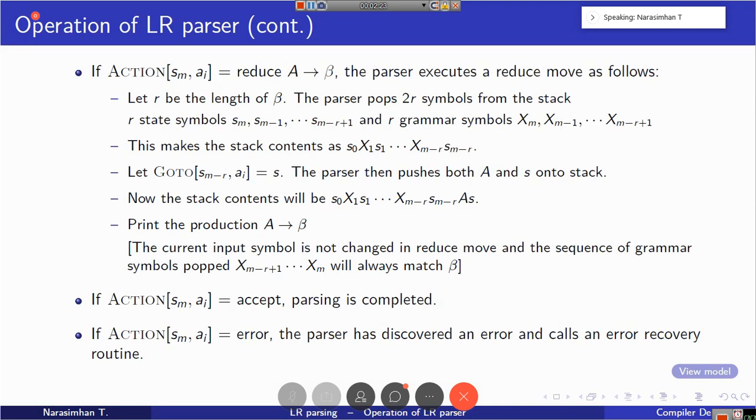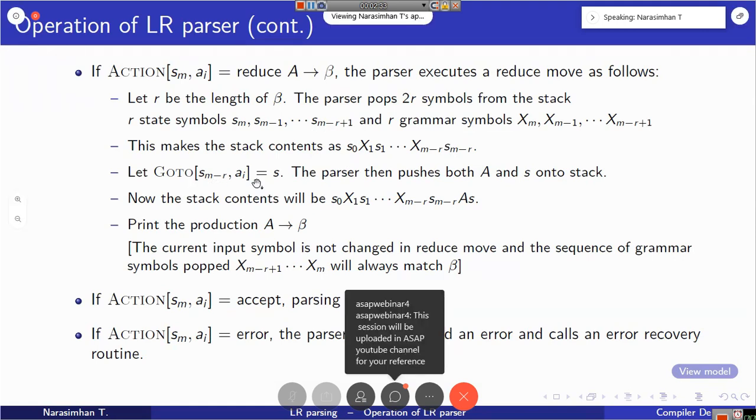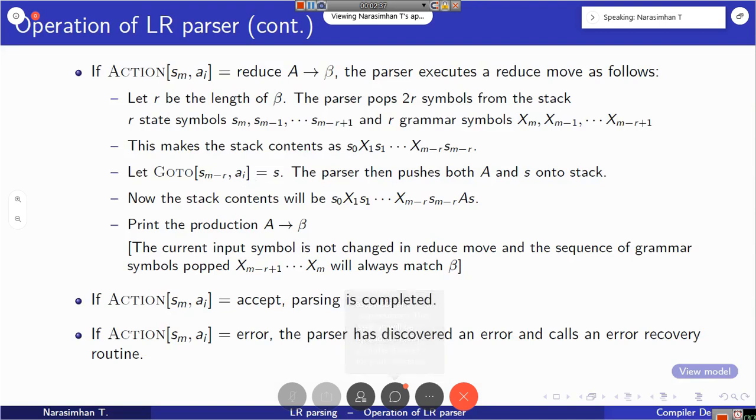Now what you need to do is find goto[Sm minus R, A]. For the combination Sm minus R, which is the current stack top symbol, and A, you determine what the goto is. Assume that the goto table entry is S, where S is some state.